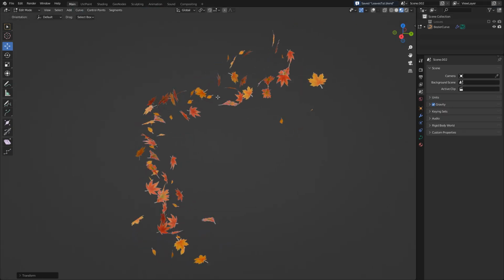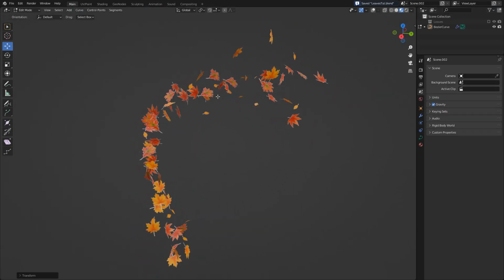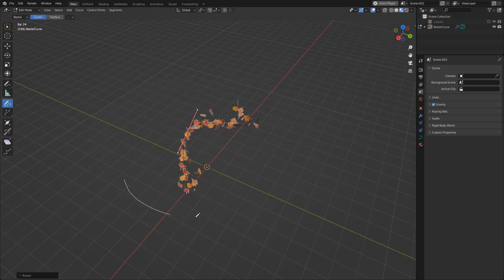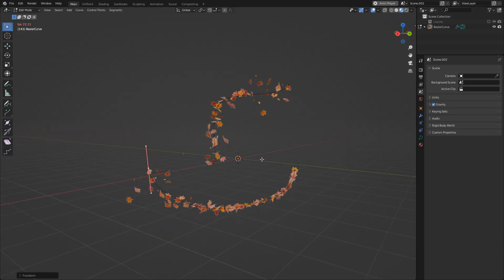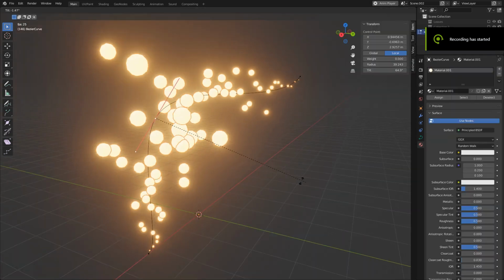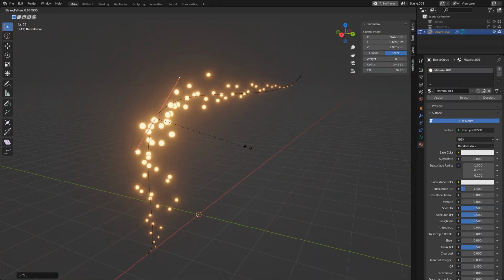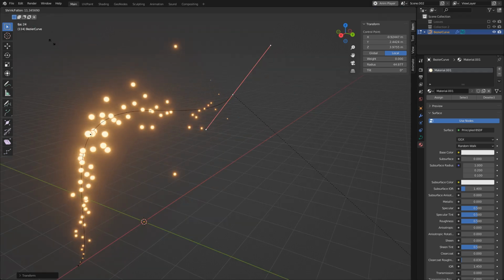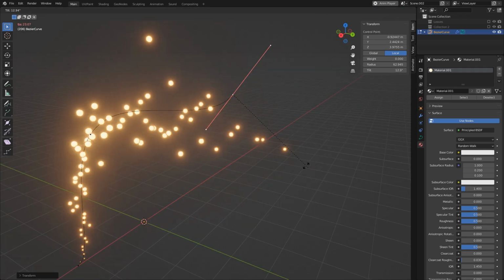This is one of those effects that seems simple on paper, yet I can't find a good tutorial for it, and I think we can pull this off in geometry nodes. Basically, we're going to have a collection of objects animated along a path, and they will be going infinitely down that path. And also I'll show you how to rotate them randomly and how to set this up so that